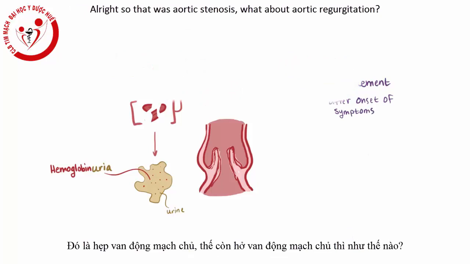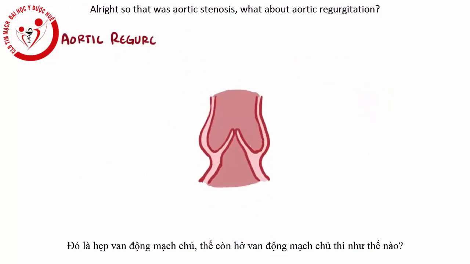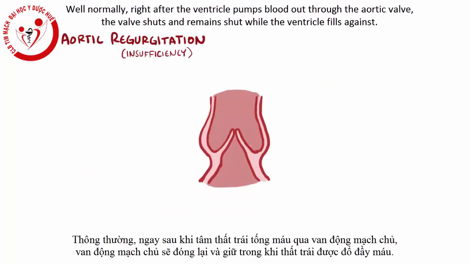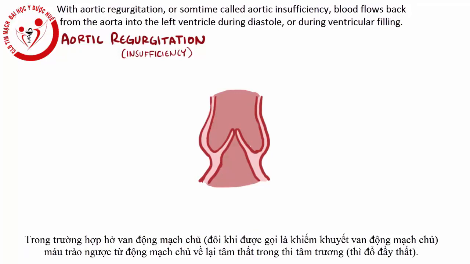Alright, so that was aortic stenosis. What about aortic regurgitation? Well, normally right after the ventricle pumps blood out through the aortic valve, the valve shuts and remains shut until the ventricle fills again. With aortic regurgitation, or sometimes aortic insufficiency, blood flows back from the aorta into the left ventricle during diastole, or